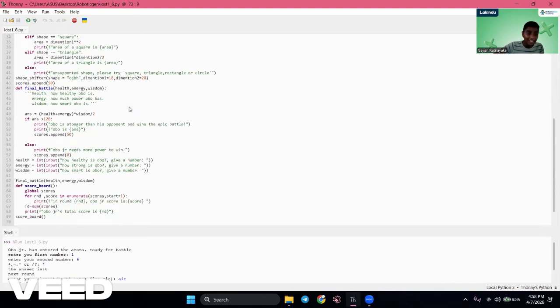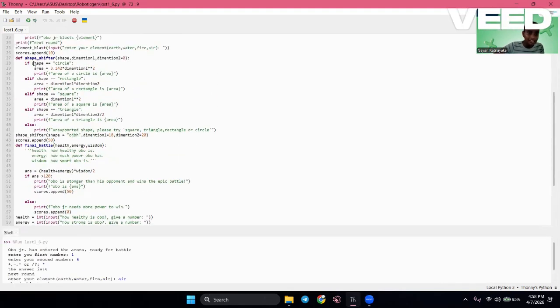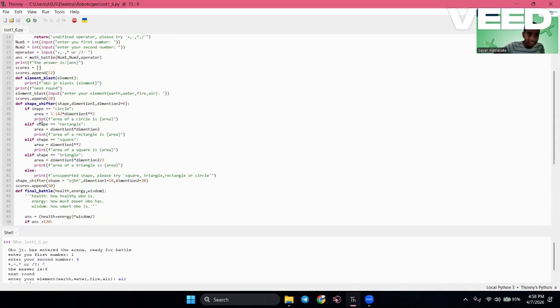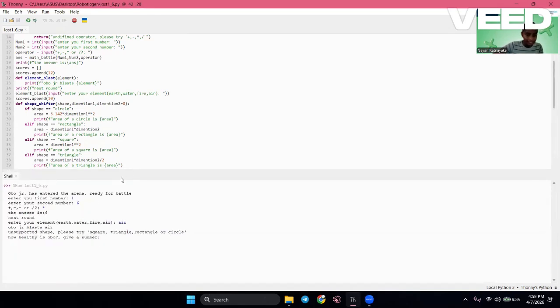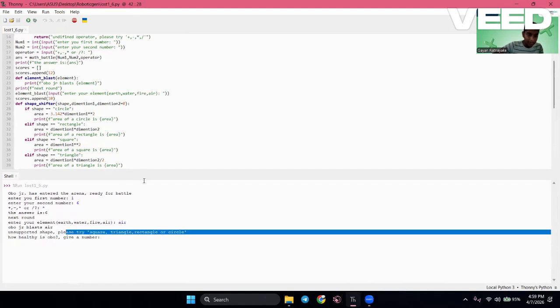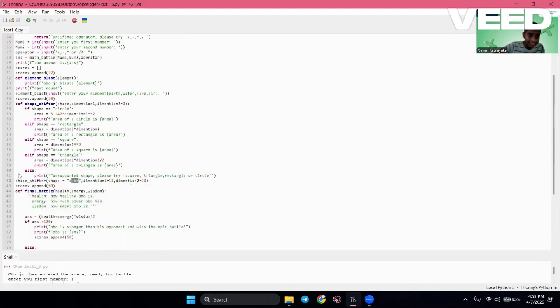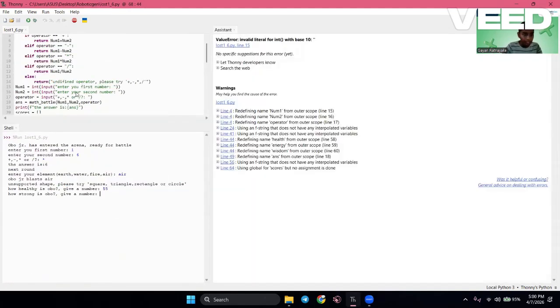So to find the area of a shape, as you can see right here, we have already put that the shape is this. So it's an unsupported term, right? So that will give us this unsupported shape. But let's see if we change it later on. Now 5 here, and let's also give 55 here.